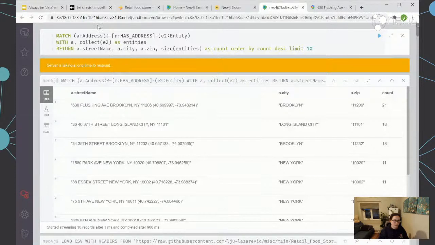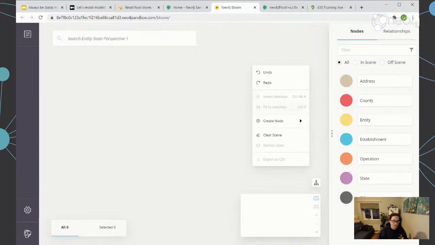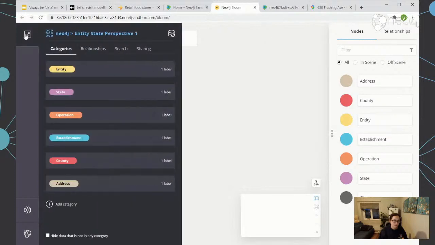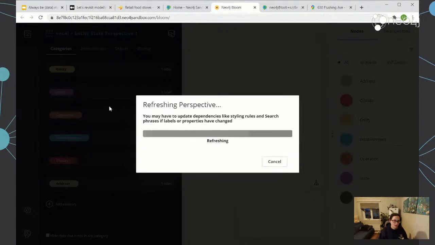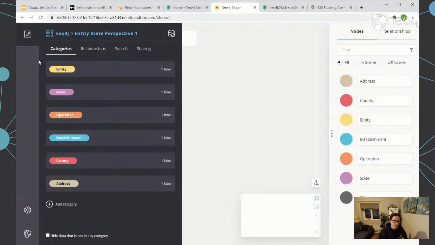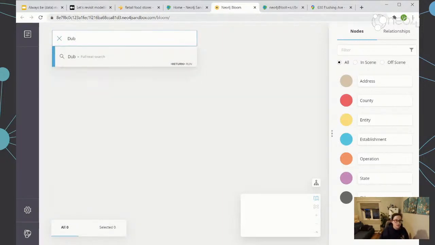So let's do. How are we going to do this? Actually, let's do this one in Bloom. This one will bloom nicely. So let's just reload the data. Oh, I should have an option here. Yeah, that one. Okay, so Dub. This is being a full text search, so maybe we should do this one. So 630